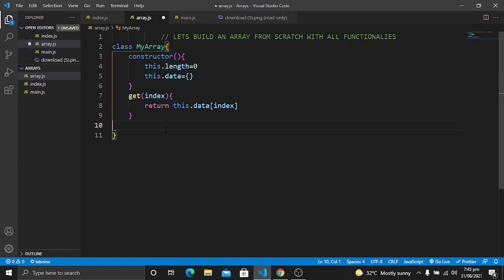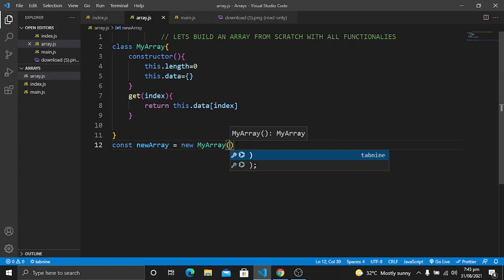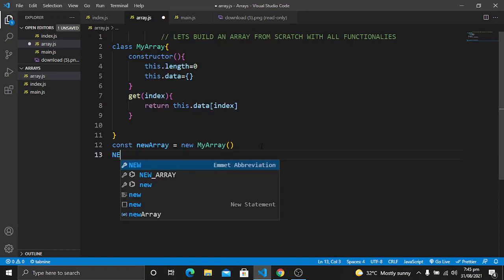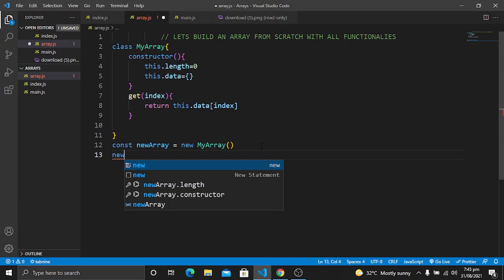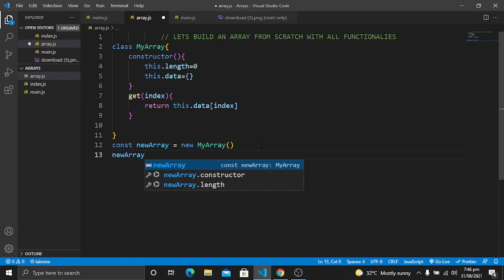Now let's move towards the part where we call this method. Let's create an object, or the instance of this class, which will be the new array, new MyArray. So we have created an instance of this class, and now I want to push an item to this array. So we have a new array. Oops, not in capitals. It is not in capitals, it is new array dot